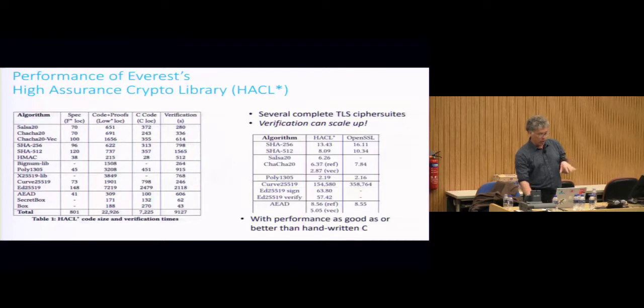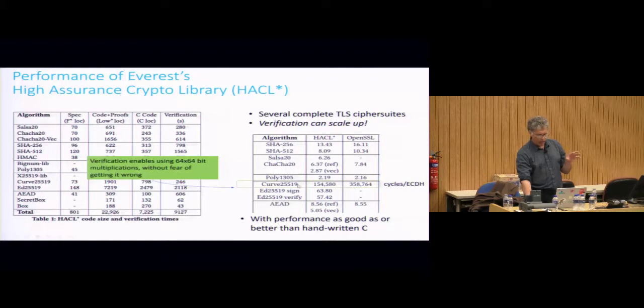The results here on the left show you for various algorithms the number of lines of F-star specs, the code and the proofs together. So this is not just the code in F-star or Low-star, which is a subset of F-star, but actually the inductive invariants and everything, the pre and post conditions. This is the amount of C code we get out in the end. And this is the time in seconds to do verification. So there's definitely overhead. It's quite reasonable in terms of, I think, the produced code.